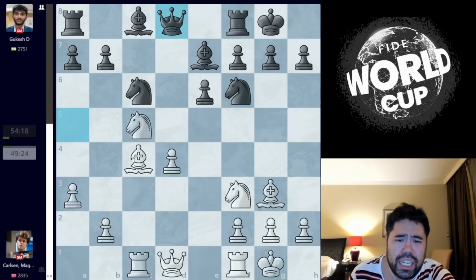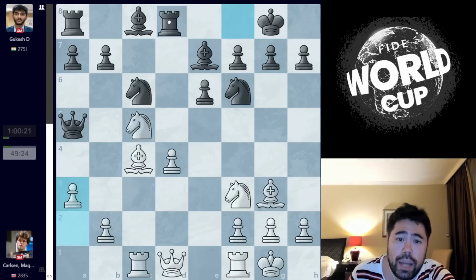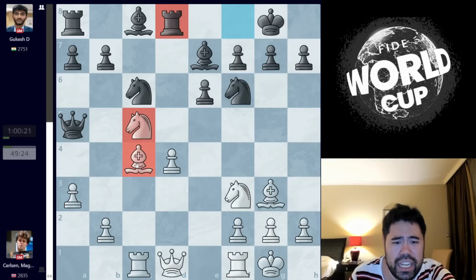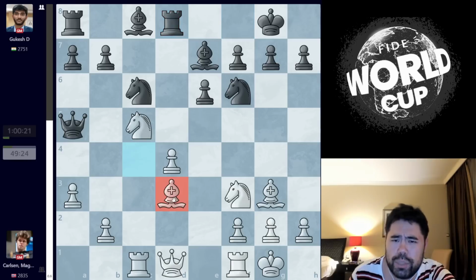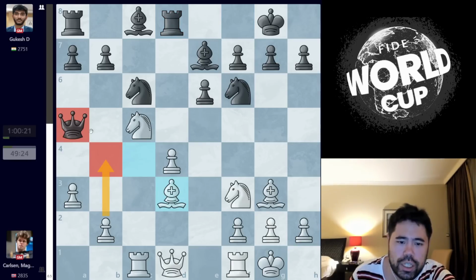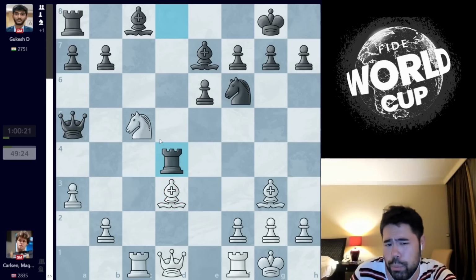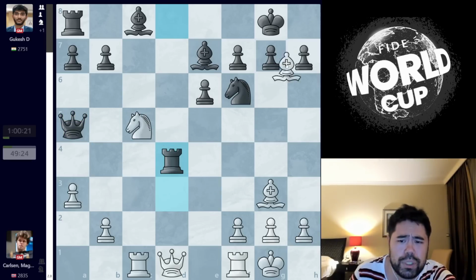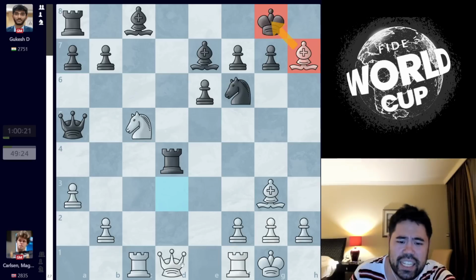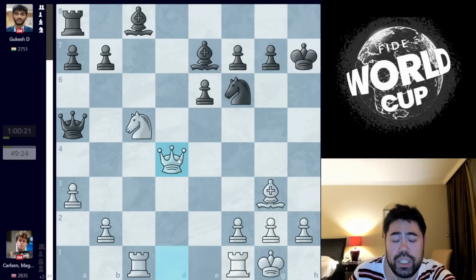Magnus plays a3, Gukesh plays queen d8. He does not play rook d8 here because after rook to d8, I think White can play this weird retreating move bishop d3 with the idea of playing b4, and the queen is a little bit loose here on a5, and if you were to take on d4, you lose the game right away. There are probably multiple options that win, but probably simplest is bishop takes h7 check, attacking the king, and after you take the bishop, queen takes d4.